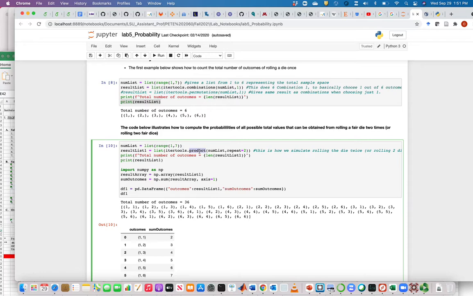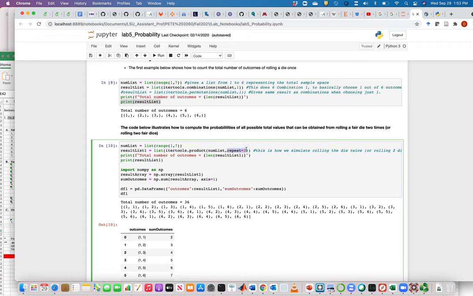And that product function, you can see it like AND, right? The AND operator. When you do probability of A and B, which is equivalent to what? Probability of A intersection B. It's basically the probability of A multiplied by probability of B. Another way of saying that is it is the product of the probabilities of A and B, and that's why the function is named product. And so we'll provide num list going from 1 to 6. We're going to repeat the